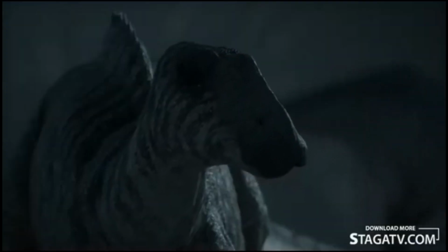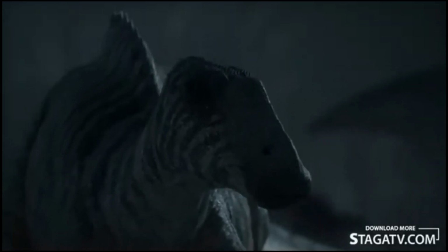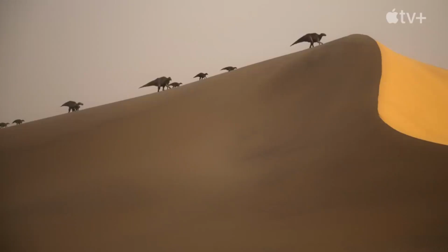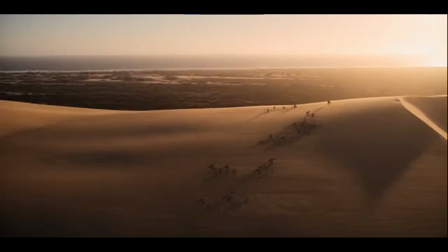The final part shows the most extreme of desert conditions with a herd of Cicinosaurus migrating through the harsh environment and actually using stars to navigate, which is a really cool concept that I never considered before. And after passing several dunes, they reach their destination in the coast. This final sequence reminds me a lot of Disney's Dinosaur, and I also do like how it subtly connects the